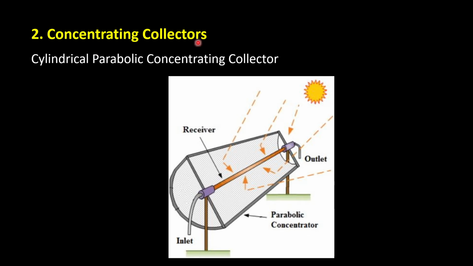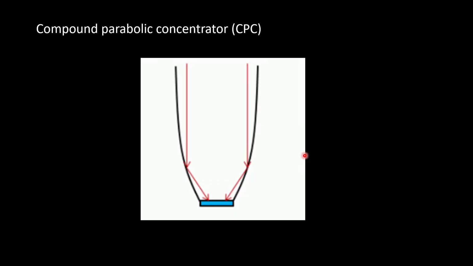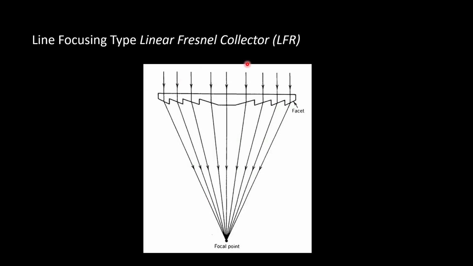So this is the concentrating collector, that is the parabolic trough type concentrating collector, in which we have a parabolic trough, and when the solar radiation falls on the trough, it reflects back the solar radiation to its focal line, where we have a tube in which the working fluid is flowing. So this is the inlet, and this fluid is flowing through this, and at the outlet we will get the hot working fluid or steam. And next is the parabolic concentrator. It will concentrate the light and reflect it to a base part at which we will place our working fluid.